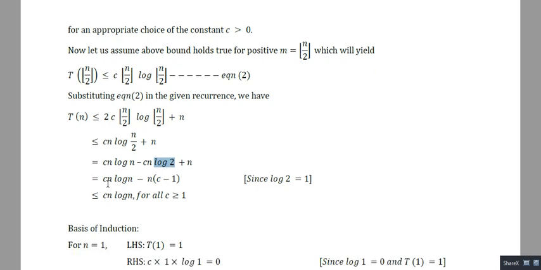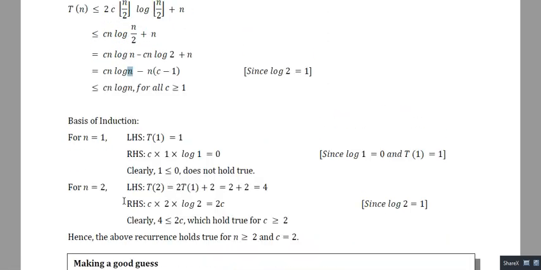Now if x and y are positive integers, then we can say x minus y is always less than or equal to x. So you can say this particular thing is always less than or equal to c n log n, like that case, x minus y is always less than or equal to x for all positive x and y. So now clearly T(n) is less than or equal to c n log n. So yes, as per the definition of Big O notation, we can claim that T(n) is big O of n log n.